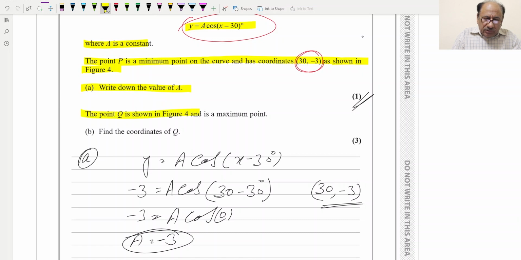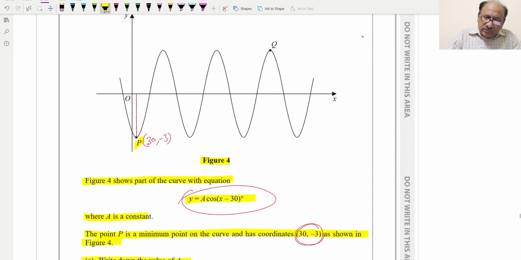Then the point Q is shown in the figure 4 and is a maximum point. Find the coordinates of Q, and this is a 3 mark question. Let us check where Q is. This is basically Q, and if we figure out the coordinate, if we check the cosine graph,